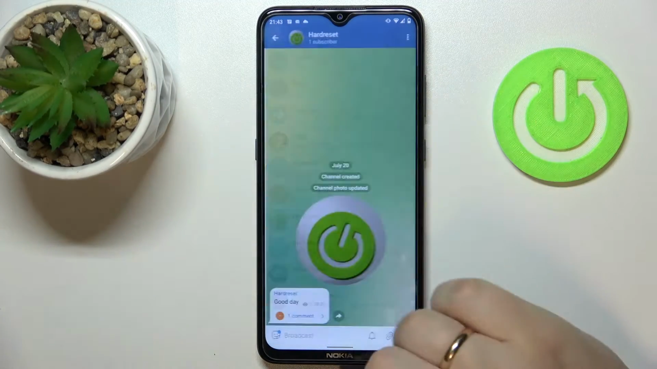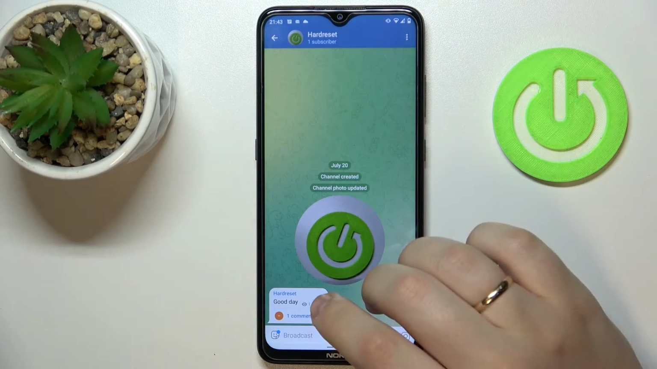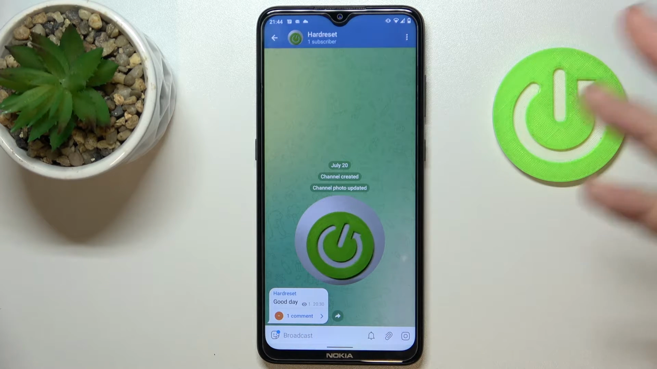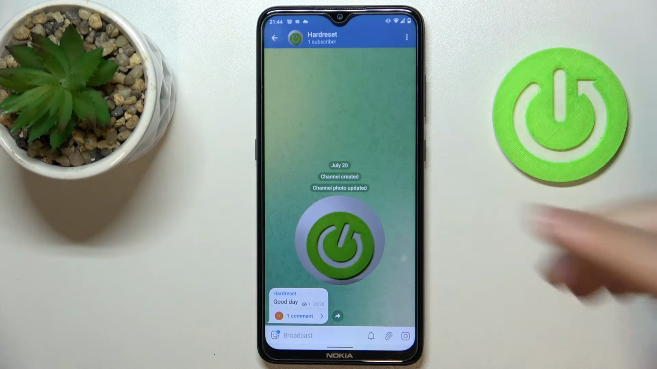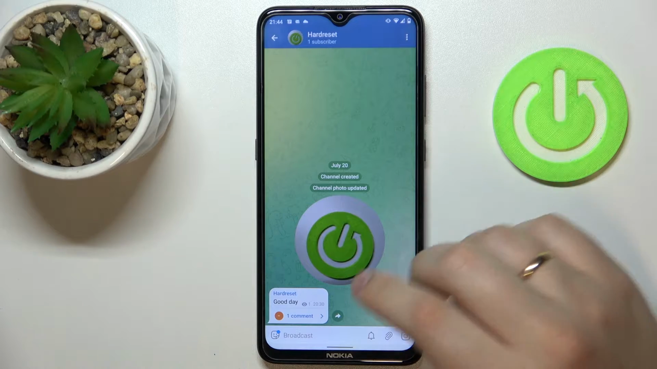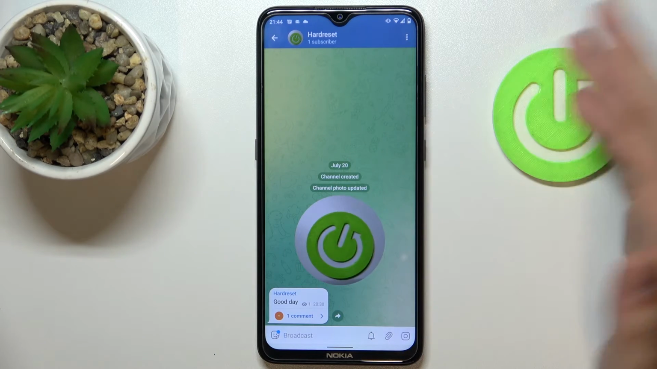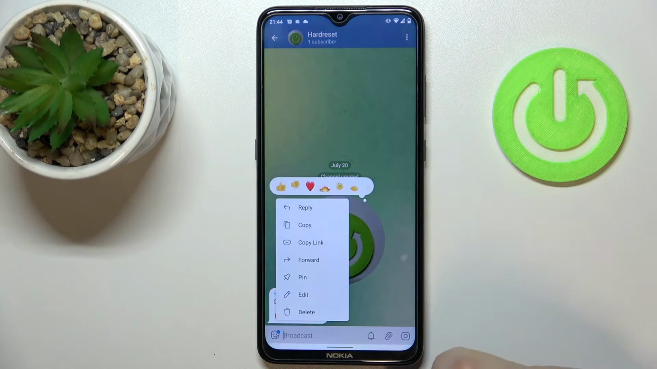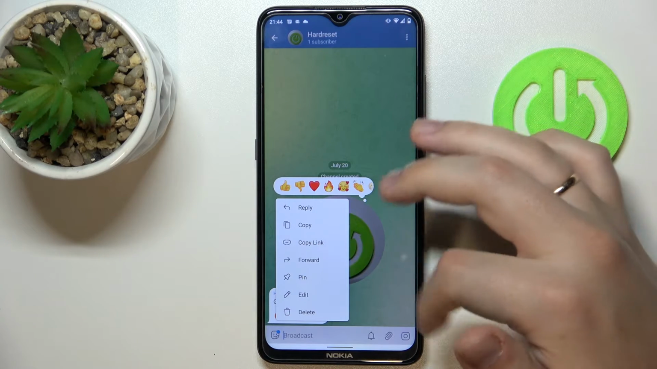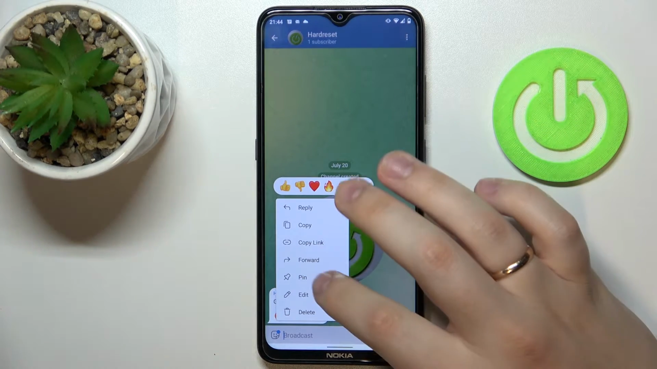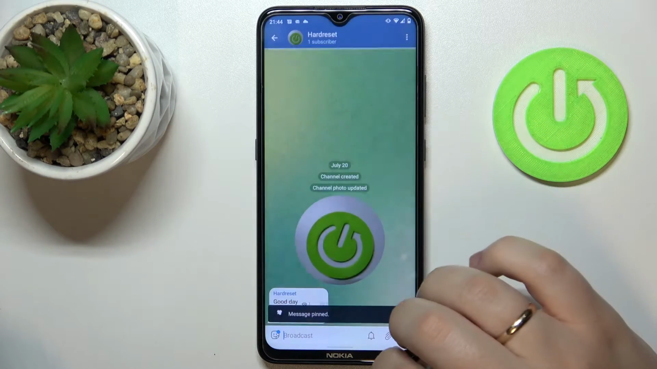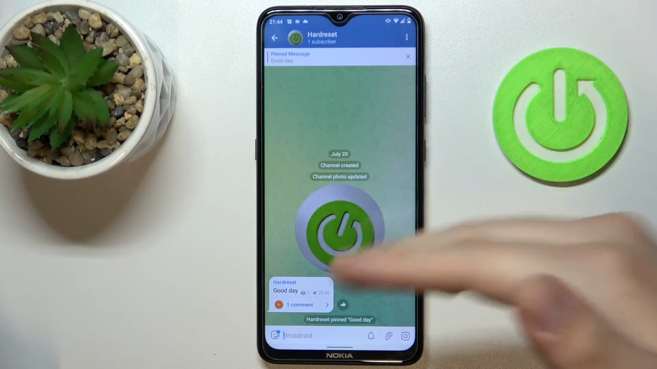So first of all, let's go ahead and open up the channel. If you are the administrator or you have the administrative rights in the public channel, in order for you to pin the message, simply choose the message that you would like to pin, tap on it. As you can see, this menu with additional options appears, and simply tap on pin. Confirm it, and as you can see, this message has been successfully pinned